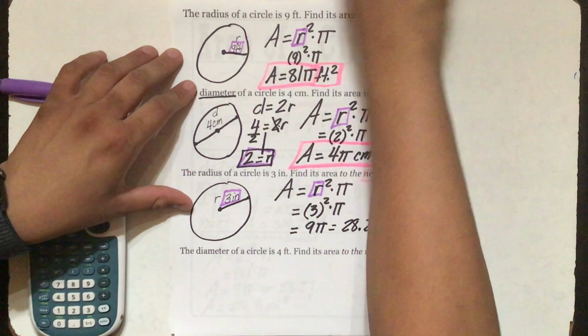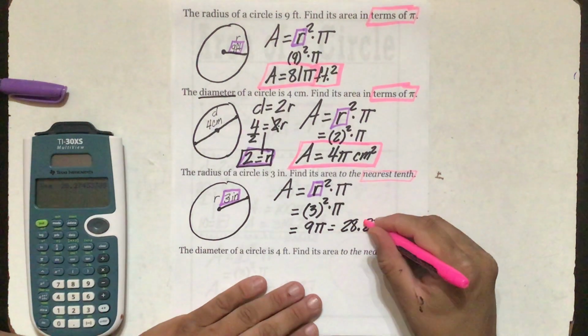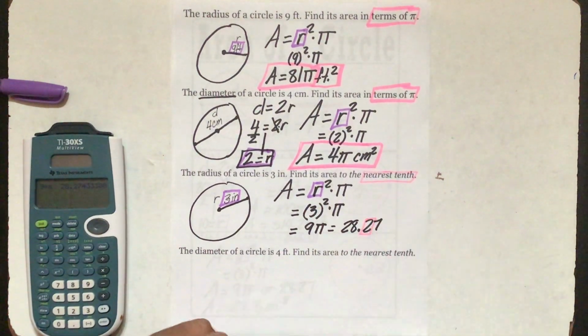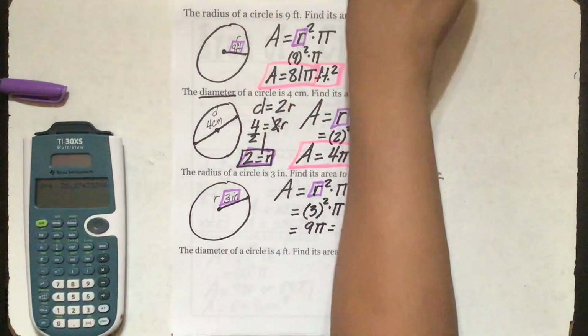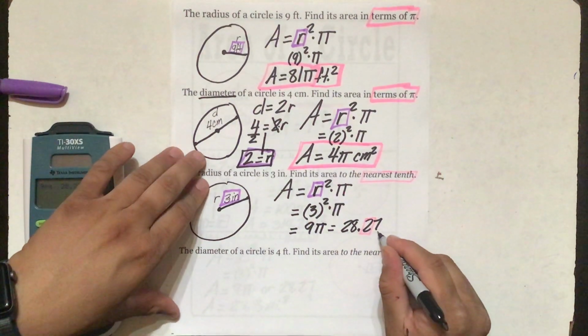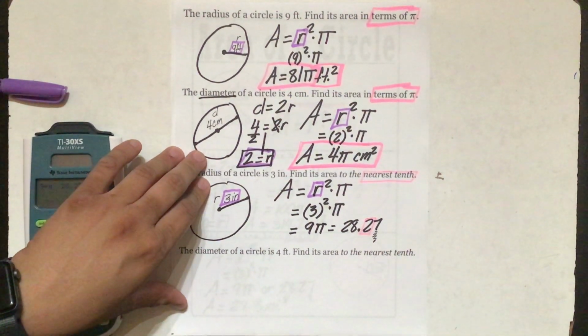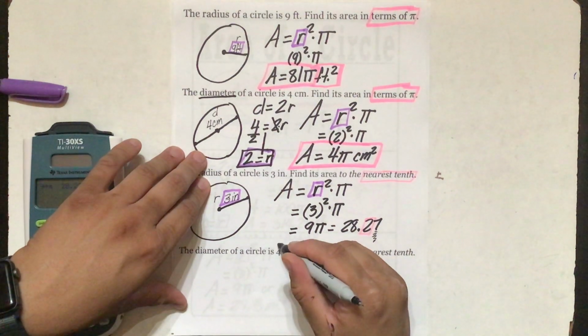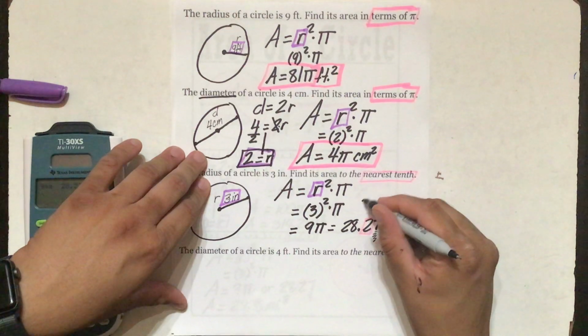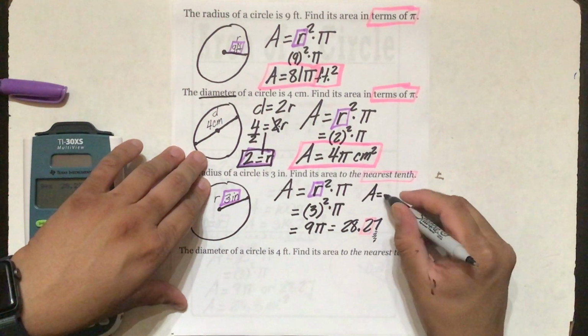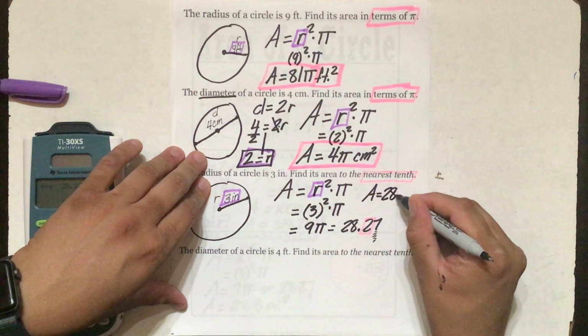The nearest tenth, the 2 is in the tenths place. So that means that the neighbor 7 here is going to tell this 2 what to do. It's going to tell it to go up. So our area here, I'm going to put it over here, is going to be 28.3